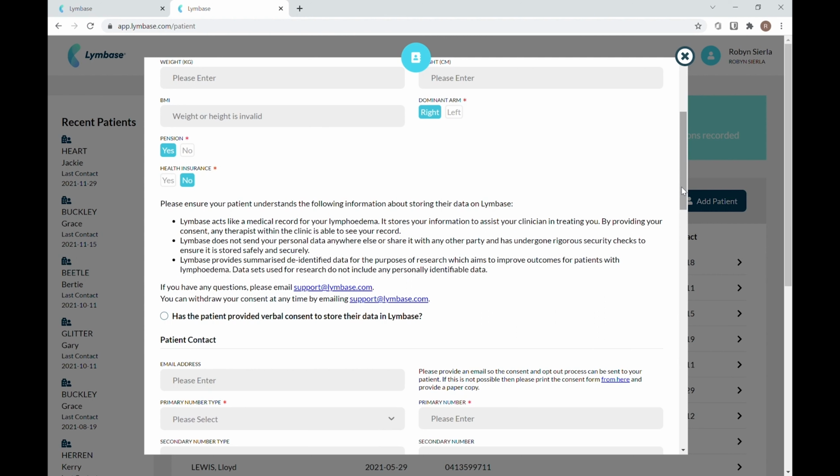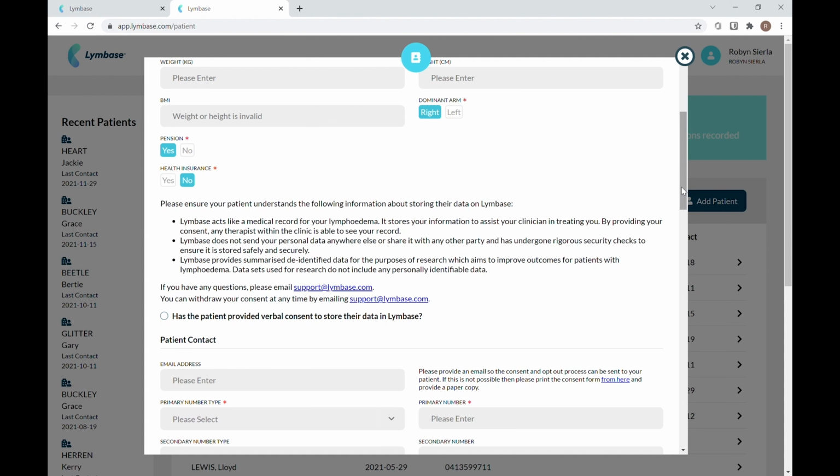So we recommend that you verbally discuss the consent process at this point, and it's basically very straightforward. You need to tell them that it behaves like a medical record. The data is kept very safely and securely, has been through rigorous security checks, and also important to tell them that it is our intention to de-identify the data to use for research purposes. We would not be on-selling or sharing their personal information with anyone, including the garment companies that we use